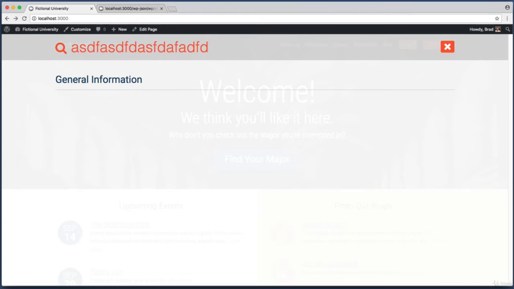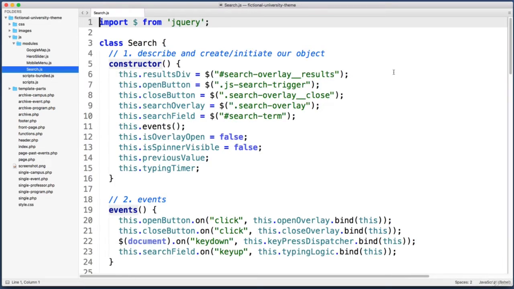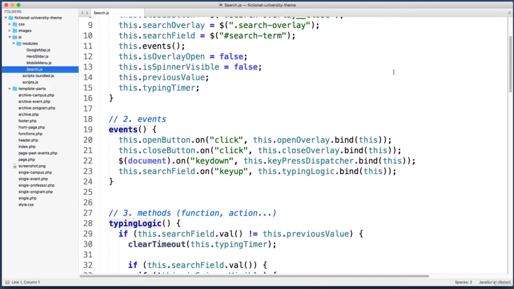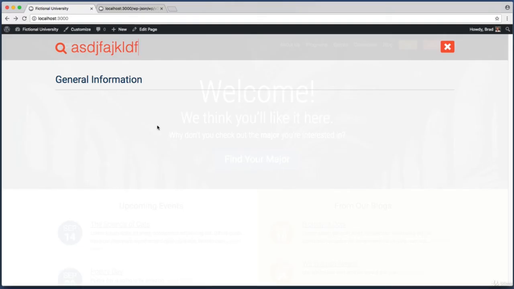So over in our text editor, let's jump into the JavaScript modules folder and open search.js. And let's scroll down to our method named getResults. Here it is. So this is the template literal that we wrote in our previous lesson to generate the resulting HTML. Now, as we can already see back in the browser, if there are no results, then no list items